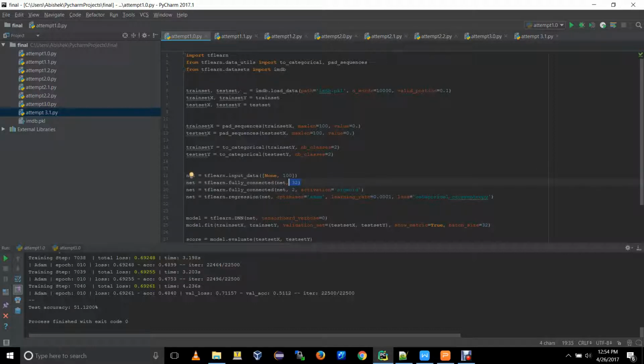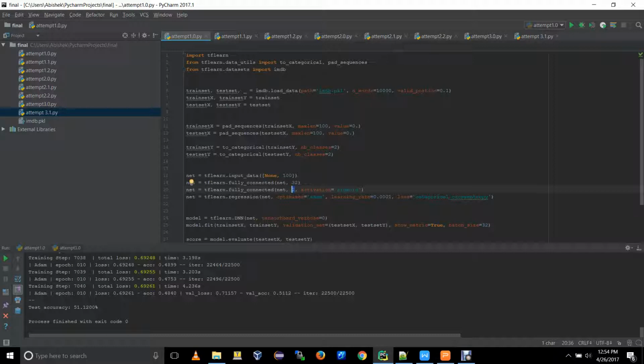This hidden layer is basically a fully connected one. It is connected to every node on the other layer. As we can see, a previous layer's input is fed into the next one, and so on. The optimizer that I've used in my project is simply Adam, and the learning rate for this is 0.0001. In this, as we can see, it has 2 units, which means it classifies it as 1 or 0 as per our binary classifier.